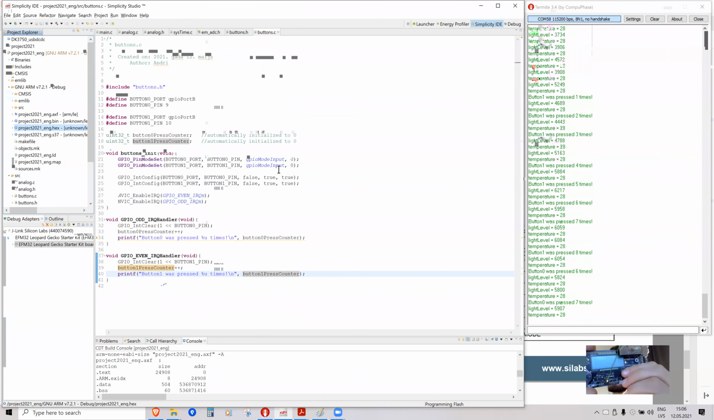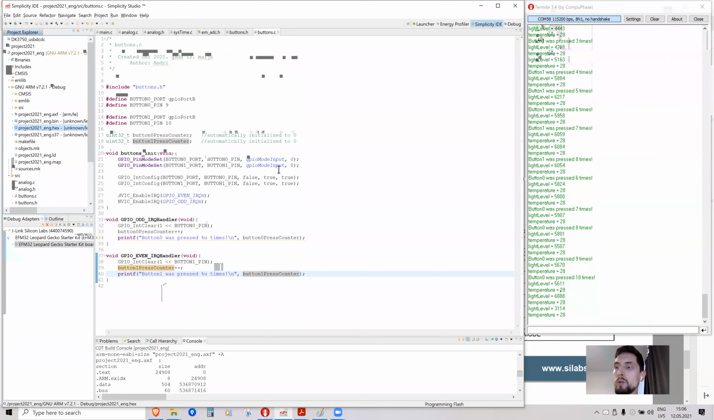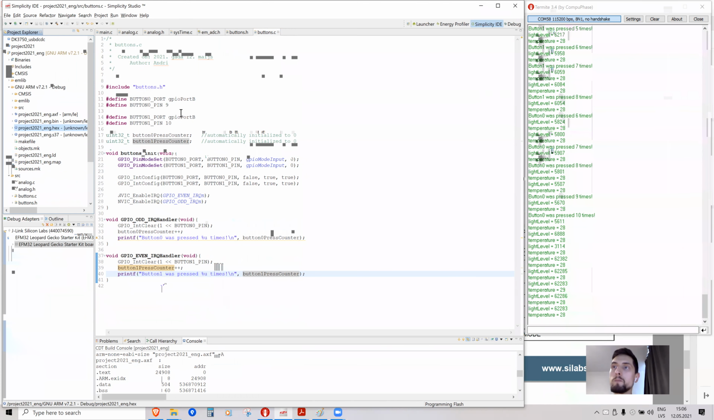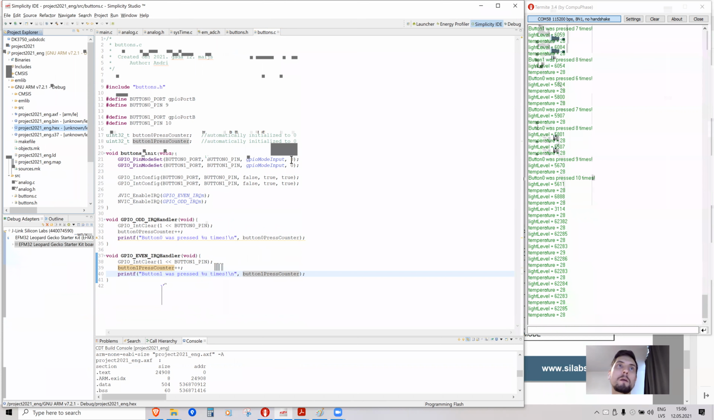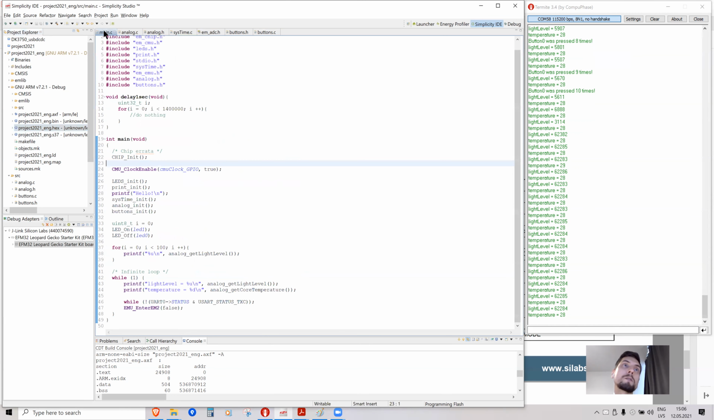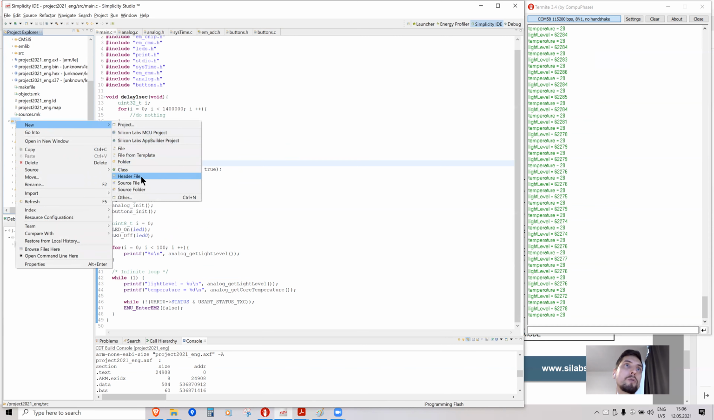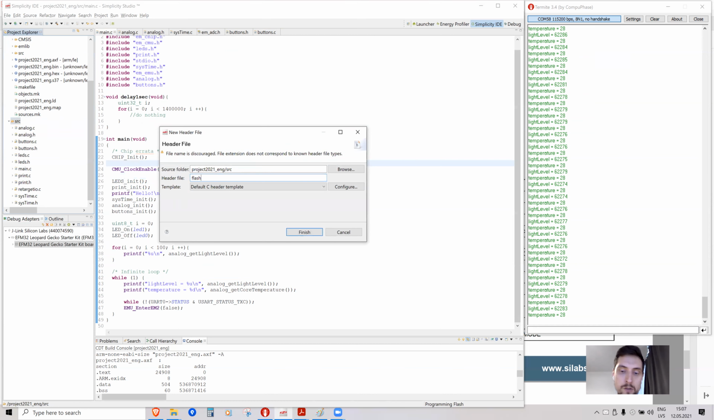So what we want to do is write some code with which we store the button press counter value into flash memory, so that the device remembers how many times we press the button. So let's do it as a training example. Let's create a new library, and we will call it flash mem, with which we will write the values to flash memory. So on the source folder, right-click, new header file,